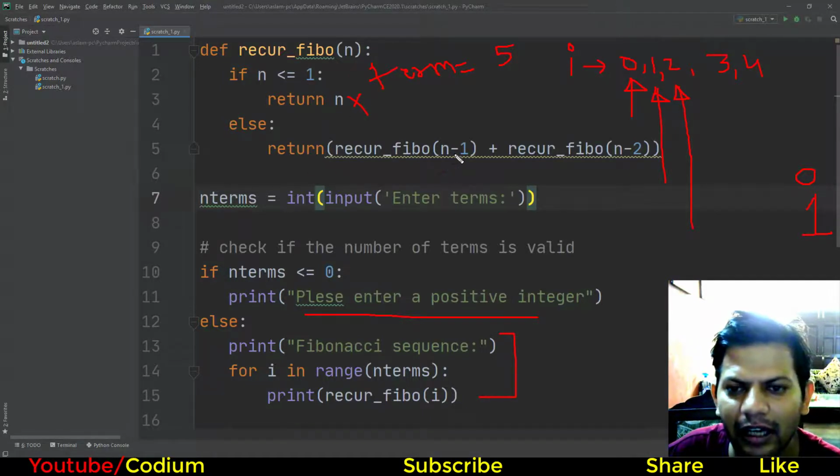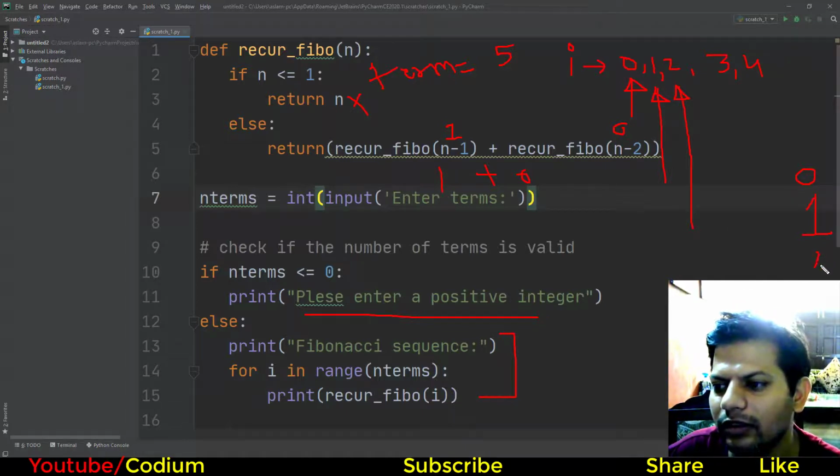the function with n minus 1. Now n is 2, it means the function with argument 2 minus 1 is 1, plus the function with argument 2 minus 2 is 0. Okay, you note that the function with argument 1 has value 1, plus the function with argument 0 has value 0, so 1 plus 0 is 1.